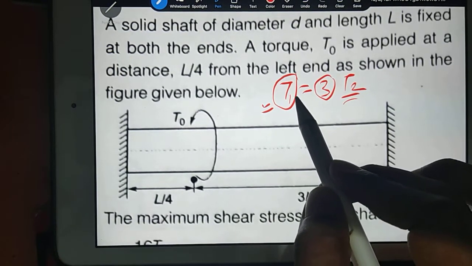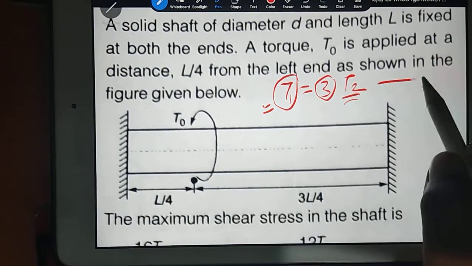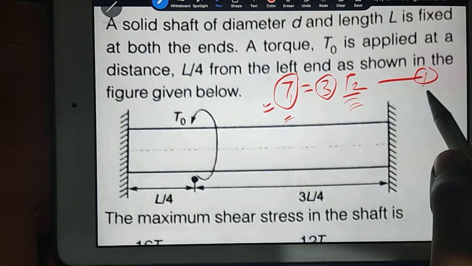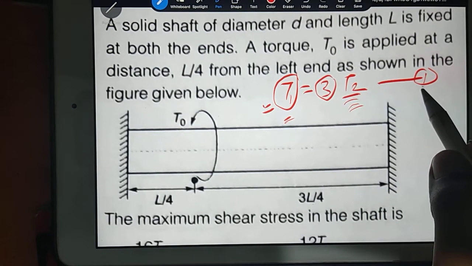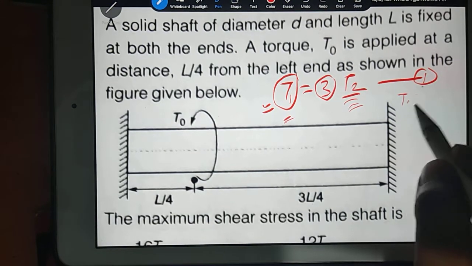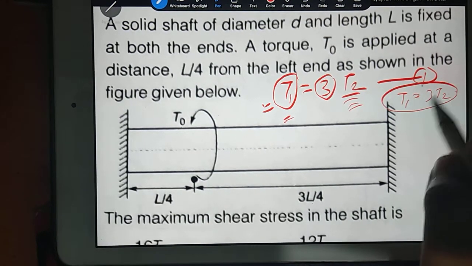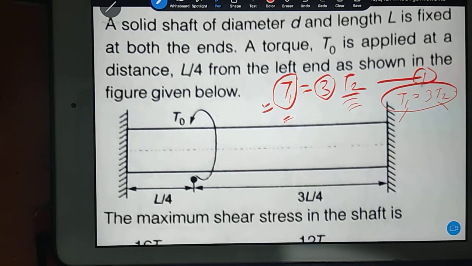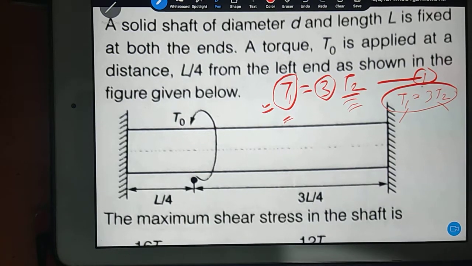So now our job is that we have got one equation, but in this equation we don't know the exact value of T1 and T2, correct? We are only knowing that T1 is 3 times of T2. T1 is also unknown, T2 is also unknown. It means we need one more equation to calculate T1, T2 so that we can solve both the equations. So what is the best equation?